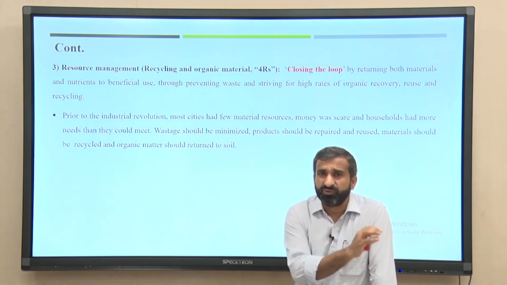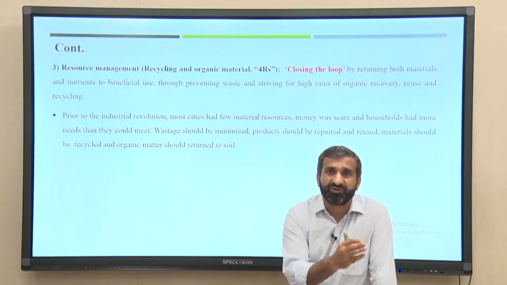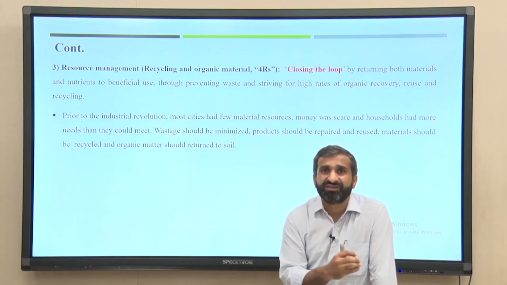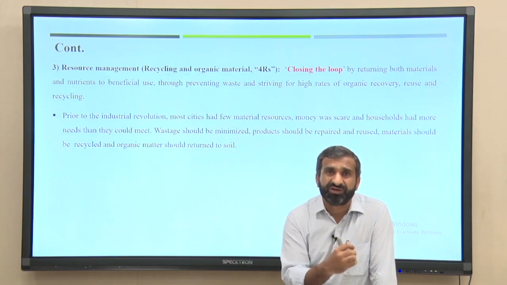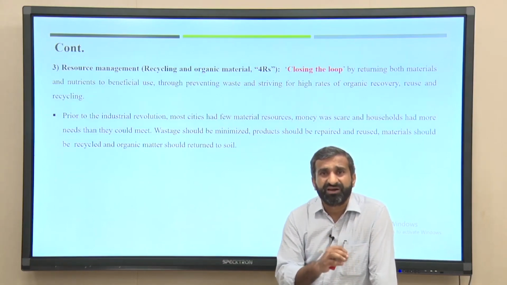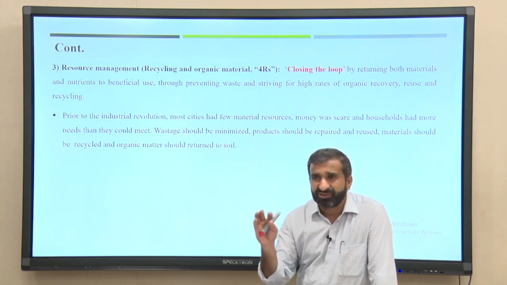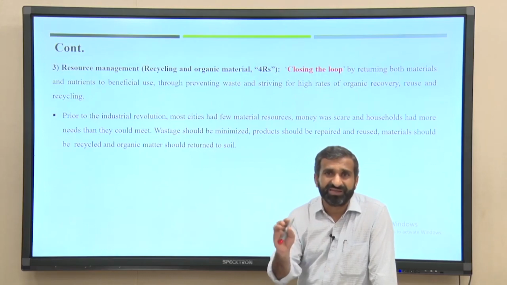And most of these materials are combustible also, so you can get energy out of them. That is another very good product, or resource, that will be generated. And when you talk about biological treatment processes, in composting obviously we will get